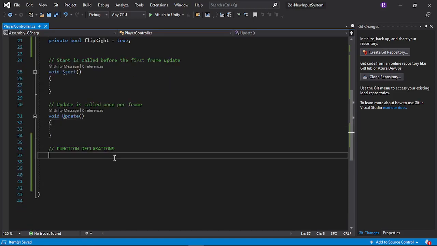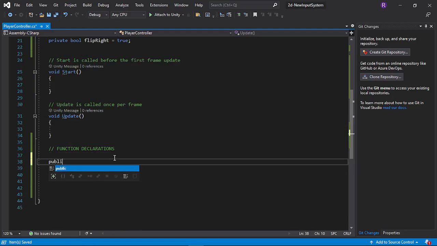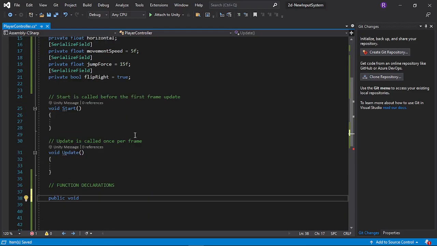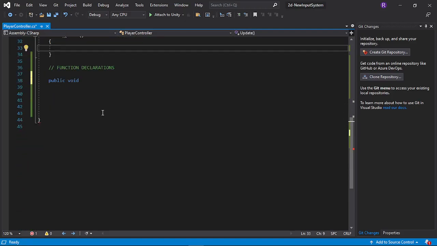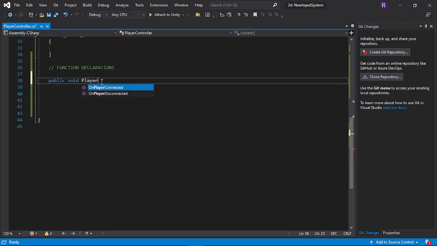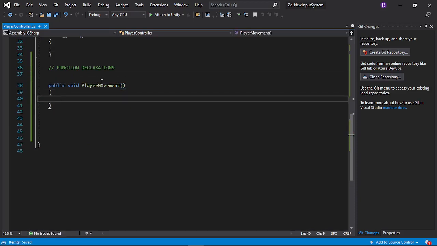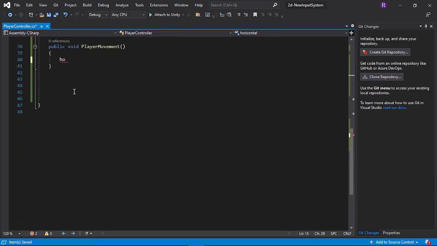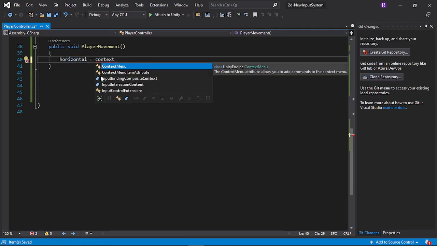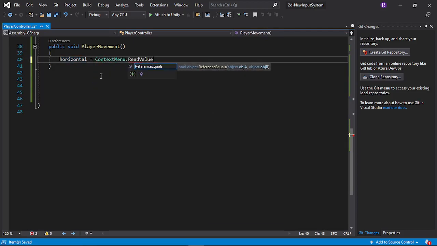Let's just try to create our first function here, which is going to be a public void that we will be invoking, and we'll call this player movement. And let's have, in here, let's try to have the reference to the horizontal variable, and then let's have a context that read value